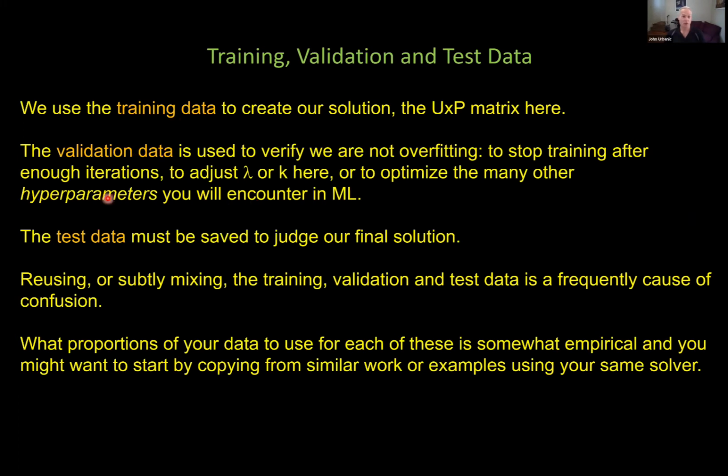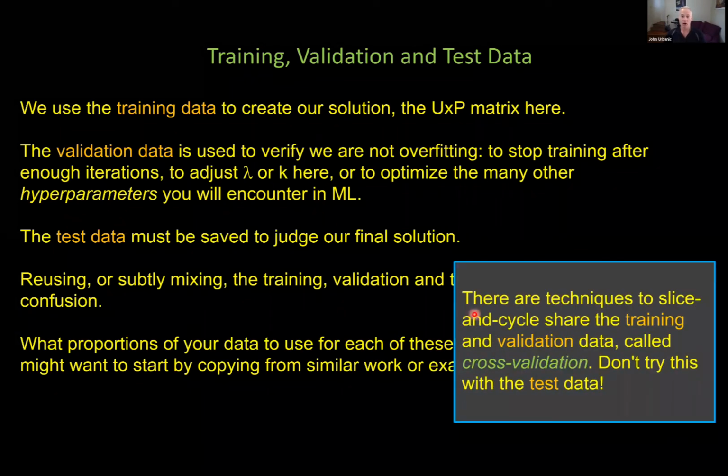But this is what you should do: you should slice off the test data at the beginning, and never use it. Now, there are techniques that you can use to slice and dice and cycle between the training data and the validation data, so that some of the validation data you can use to make the UNP matrix better. And it gets a little bit sophisticated. Cross-validation is the most common version of this, but you still never, ever want to let the test data enter into this process. I see this happen a lot. People think cross-validation is an excuse and a license to use the test data and cycle that in, and that's not true. So this is not that fancy of a thing, but it's not something we'll dive into today either.